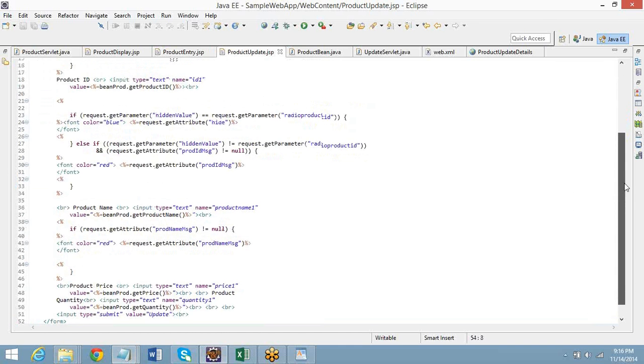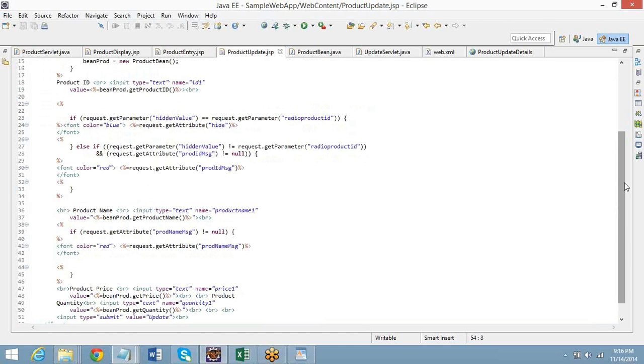After product ID, you did a lot of scripted coding. Why? What is all that? This was for making sure that if the radio button value is equal to the hidden value, then don't do the validation. As in, don't say product name already exists, just update.